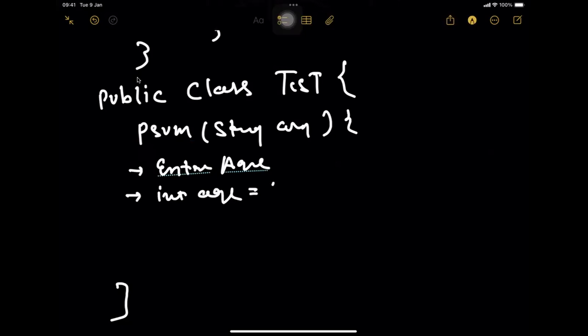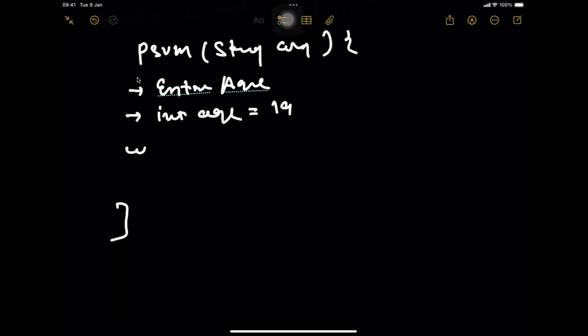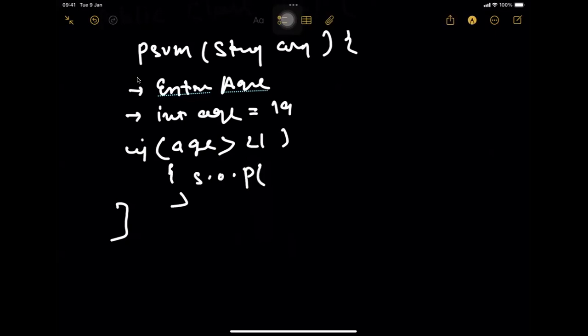See, user enters 19. And after that I will write a logic: if age is greater than 21, then system.out.print valid age, else